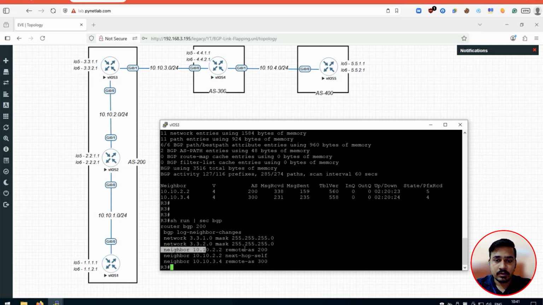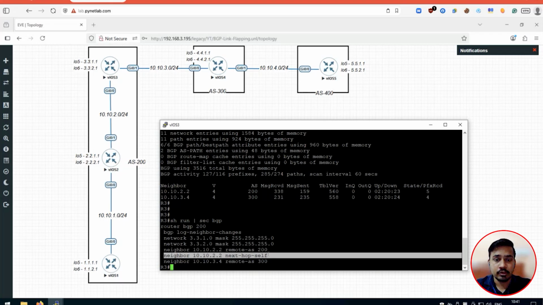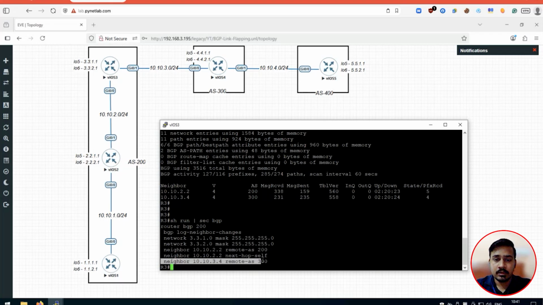And it is a neighbor with remote AS of 200. So it is an iBGP peer with my router number 2. And for the iBGP peer, I have configured router number 3 as the next hop self. And here I have also formed an eBGP peering with my router number 4. So if I just look onto the summary table,